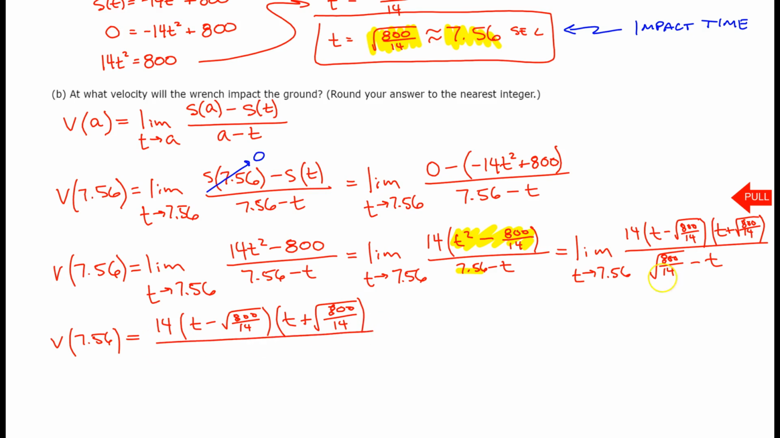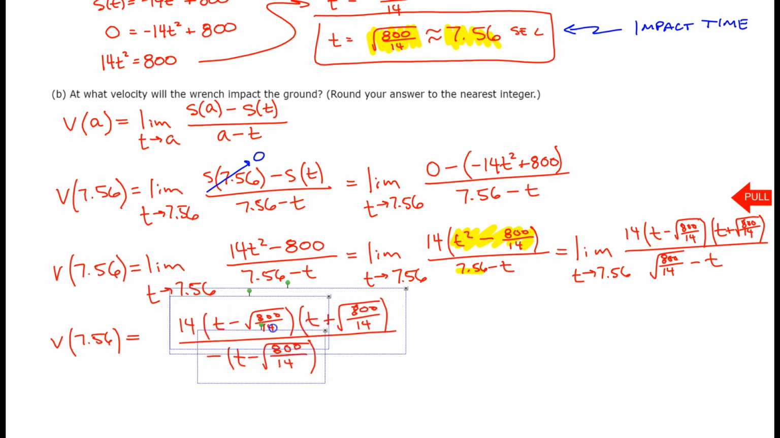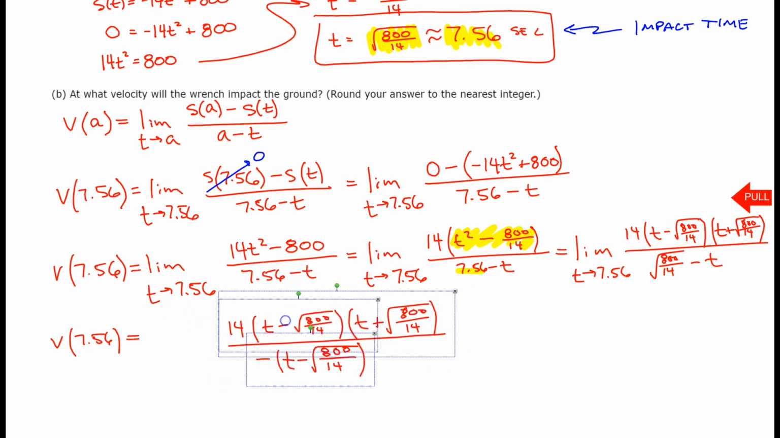And here's the trick. What I'm going to do is write that as the opposite of t minus the square root of 800 over 14. Folks, you should be very disturbed by what I just did because I forgot to write my limit statement here. So hopefully I can take that stuff, move it a little bit, and then write my limit statement. Okay, so by factoring out a negative there, the t becomes positive and the square root of 800 over 14